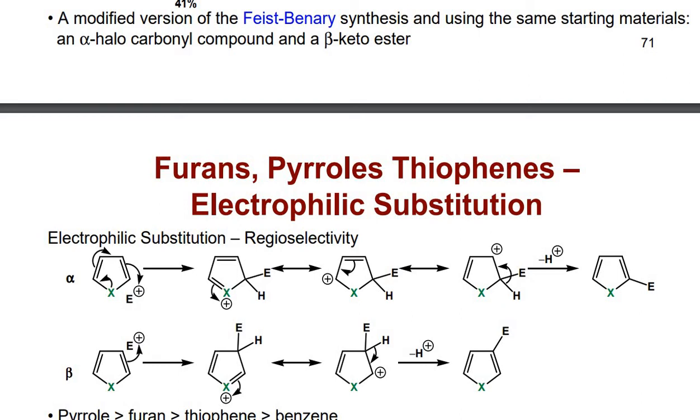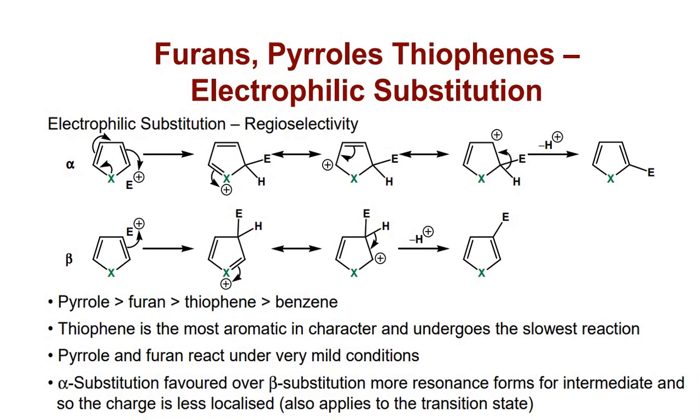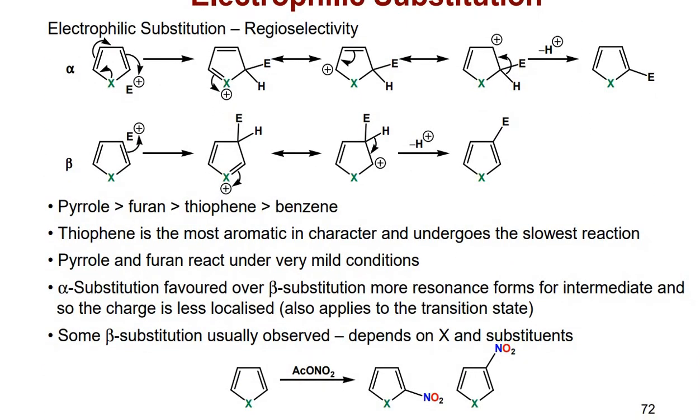Furan, pyrroles, thiophene, electrophilic substitutions. The reactivity order is pyrrole greater than furan, greater than thiophene and benzene. Thiophene is the most aromatic in character and so undergoes the slowest reactions. Pyrrole and furan react under very mild conditions. My friends, alpha substitution is favored